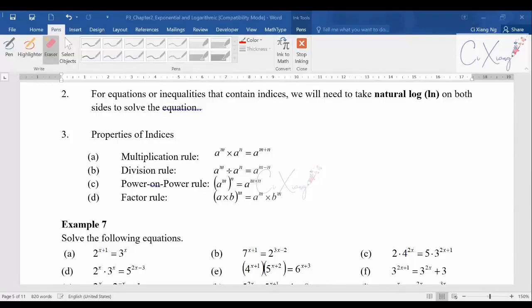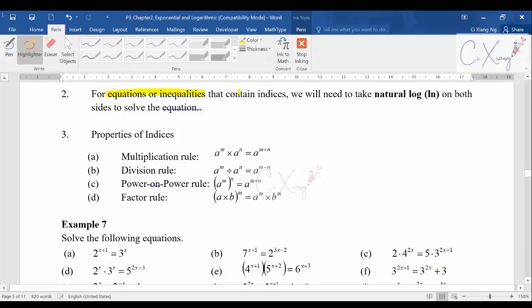Okay, so for this video, we are going to discuss how to solve the equation of inequality with indices. Indices means that when you are having some power with x. Usually when you are having an indices equation, then generally we need to use log. You can take natural log, or log, or maybe log base 10 if you want, on both sides